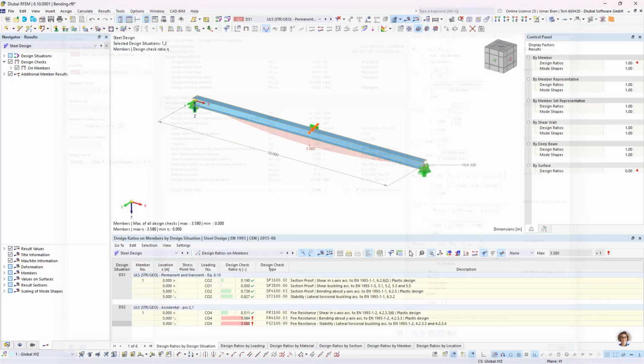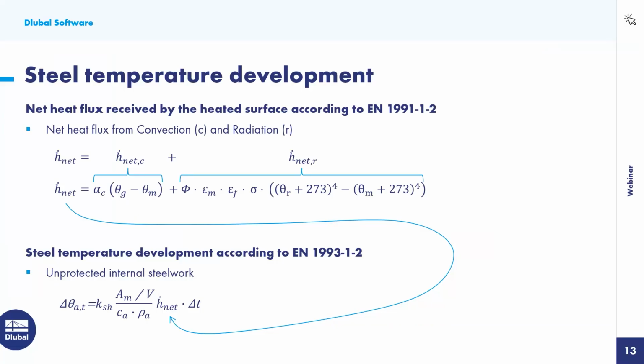I think we can agree that our first attempt to verify the fire resistance of this beam was not very successful. So yeah, what can we do to increase the fire resistance of our beam? Of course, we could lower the loads or increase the section size, but we have seen that the member heats up very quickly and we have only thus minimal strength and stiffness after 30 minutes. To discuss possible measures we can take to delay the heating process,